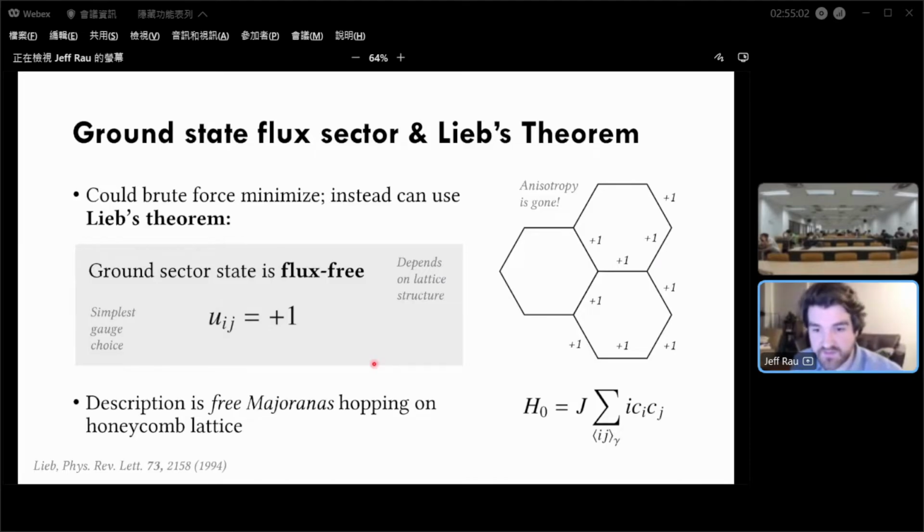And so what that means is the block of the Hamiltonian, the sector of the Hamiltonian that contains the ground state, is just these C's hopping around where that amplitude in front of them is just i, because they're Majoranas, but that gauge field is just 1. And so you just have free Majorana fermions hopping around on a honeycomb lattice with no dependence on bond direction. And so that model